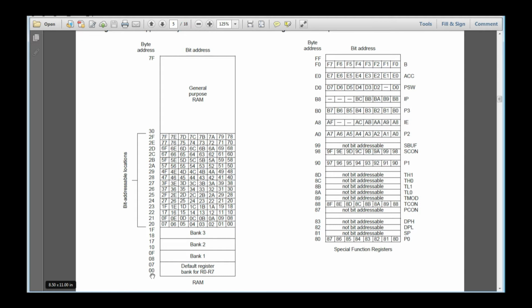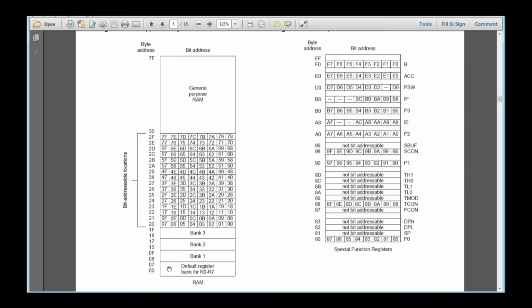This range 00 to 7F is the memory address. Because it is represented in hexadecimal, it is 8-bit. 7F means what? 0, 1, 1, 1 and 1, 1, 1, 1. Because it is 8-bit addressing, the data memory is 8-bit addressable and the program memory is 16-bit addressable. That is what we need to understand, because internally there are only 128 bytes of RAM available in the 8051 microcontroller, so it can be addressed with 8 bits itself.